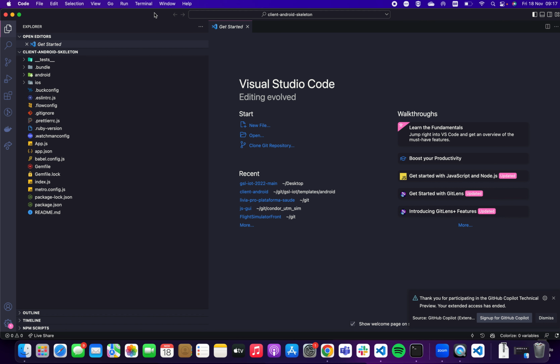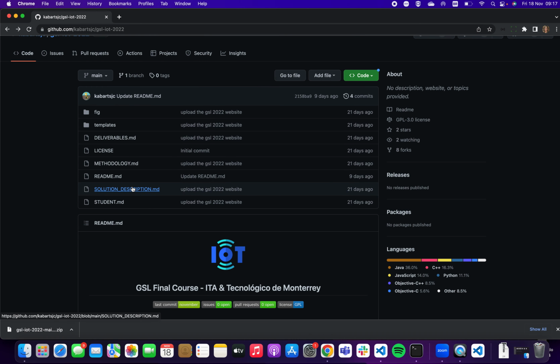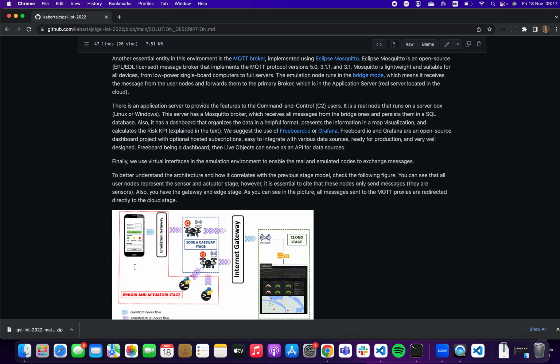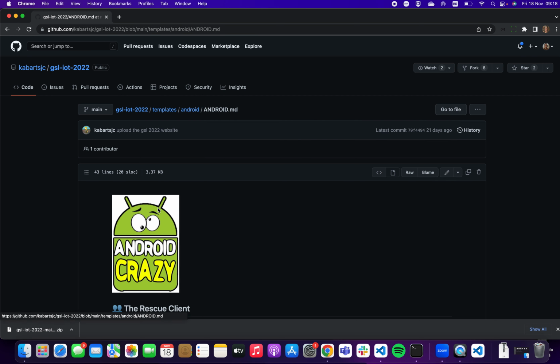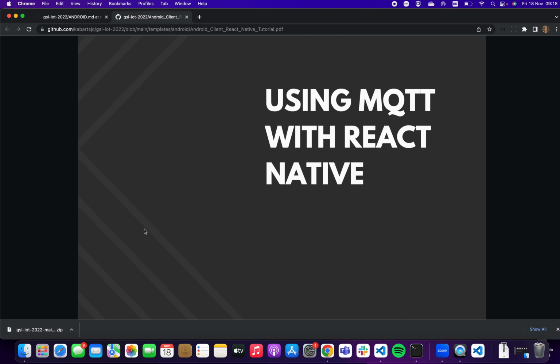But before installing the dependencies, we have to configure our environment, and for that we have a tutorial here that is on the solution description. And if you go all the way to the client stage Android device, you have this hands-on tutorial. That is a PDF